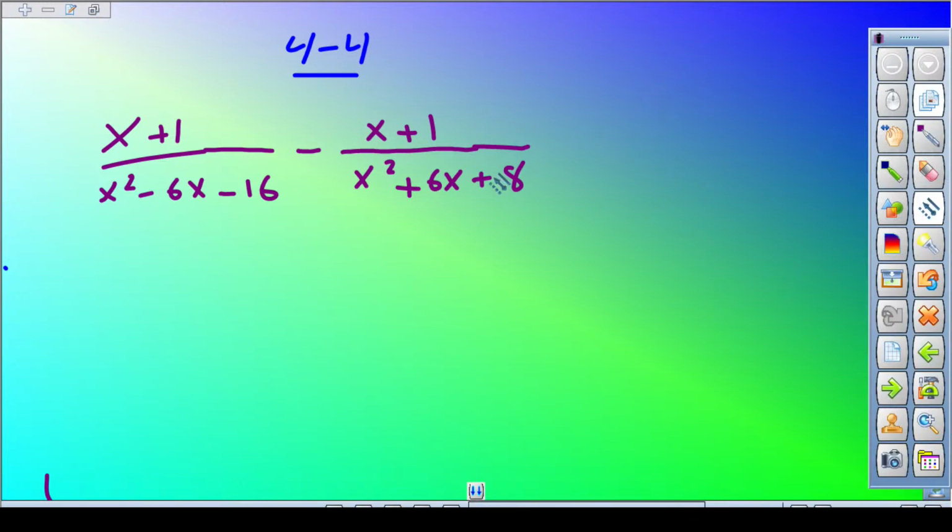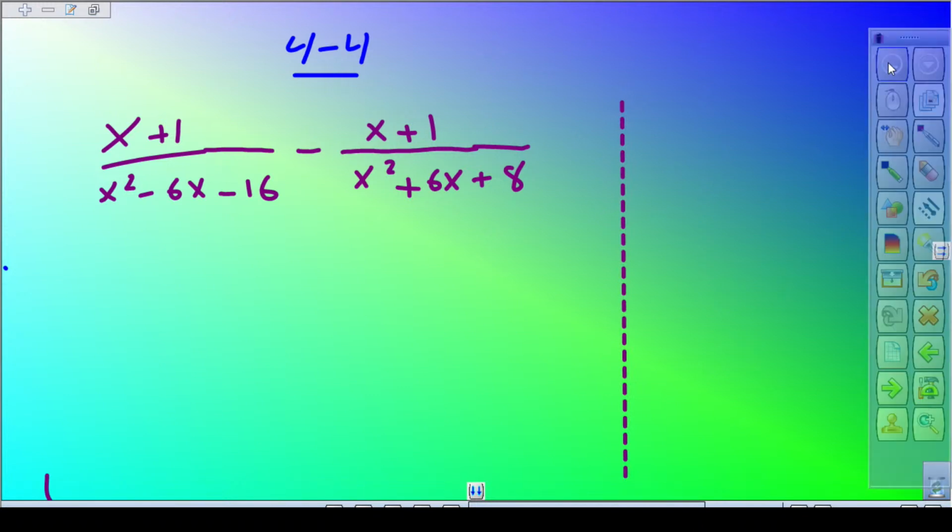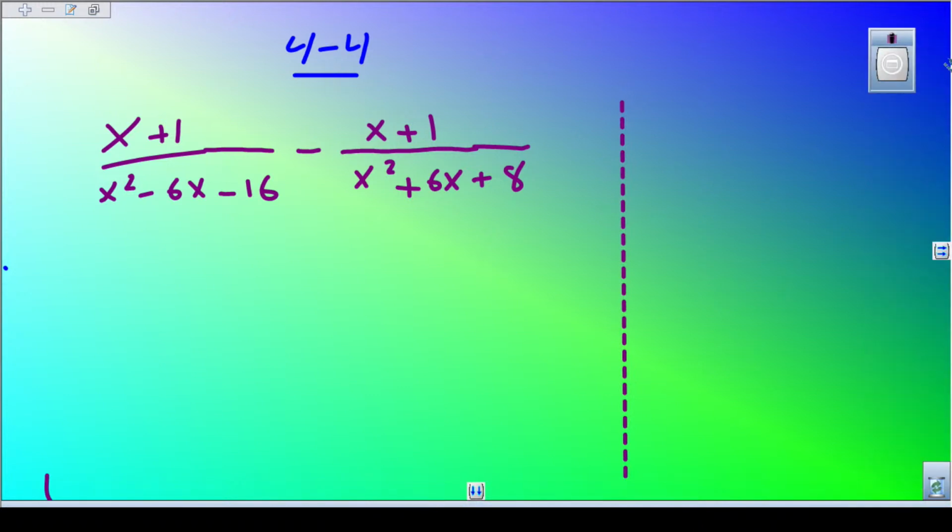There's no way for me to know what's inside these two denominators unless I factor them out. So I'm going to take the side of the board and actually factor them out, see what's inside of them so I don't have to repeat myself. So I'm going to factor x squared minus 6x minus 16. And we're using the diamond method to factor. It's one of the methods to factor